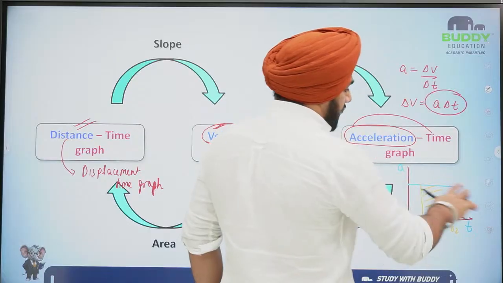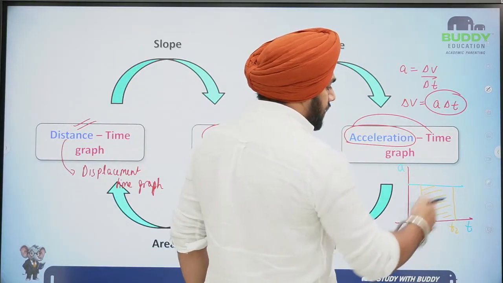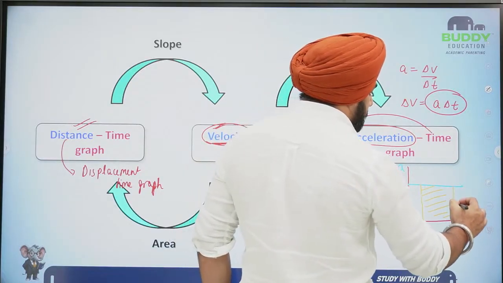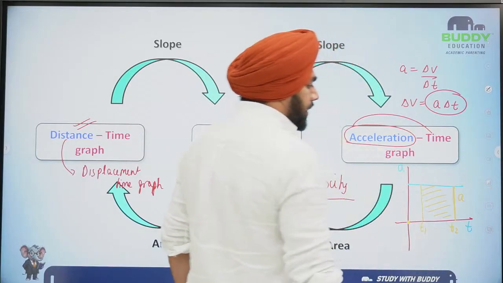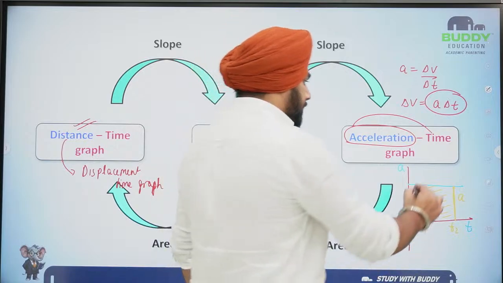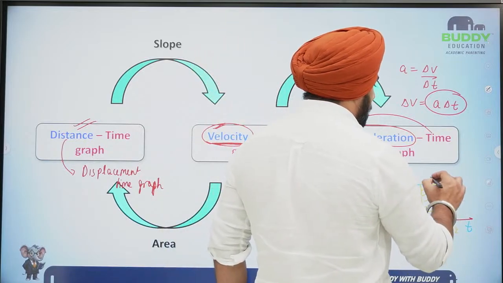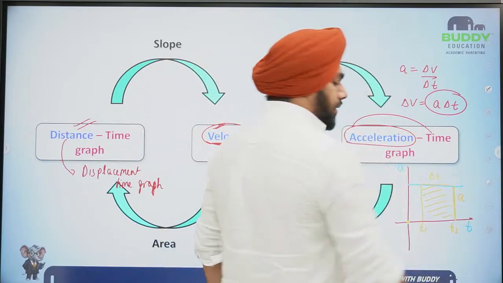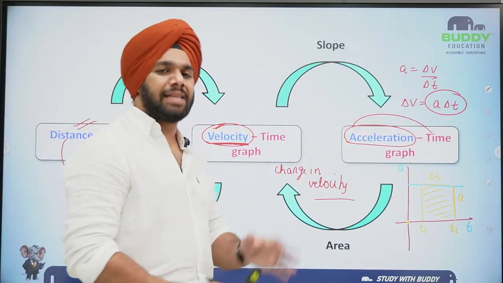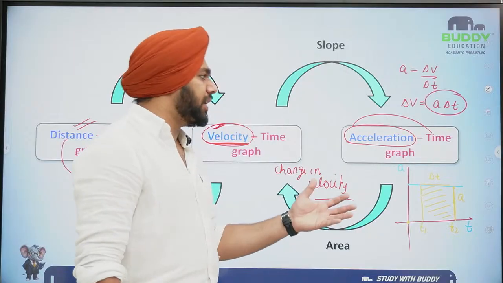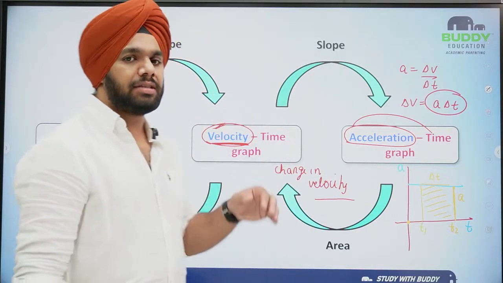See, acceleration is constant here, right? So here the value is A. Yes or no? Here this length obviously is T2 minus T1, that is delta T. Yes or no? So eventually it is not exactly very wrong to say that you will get velocity, but